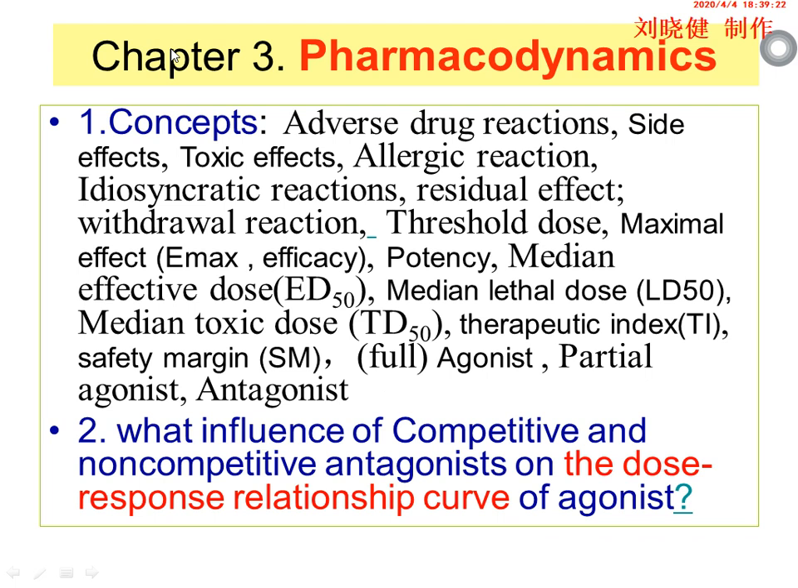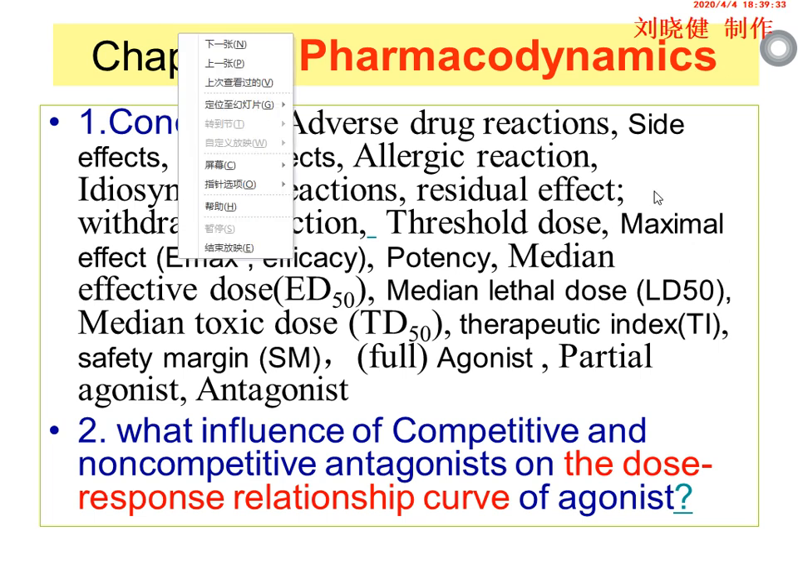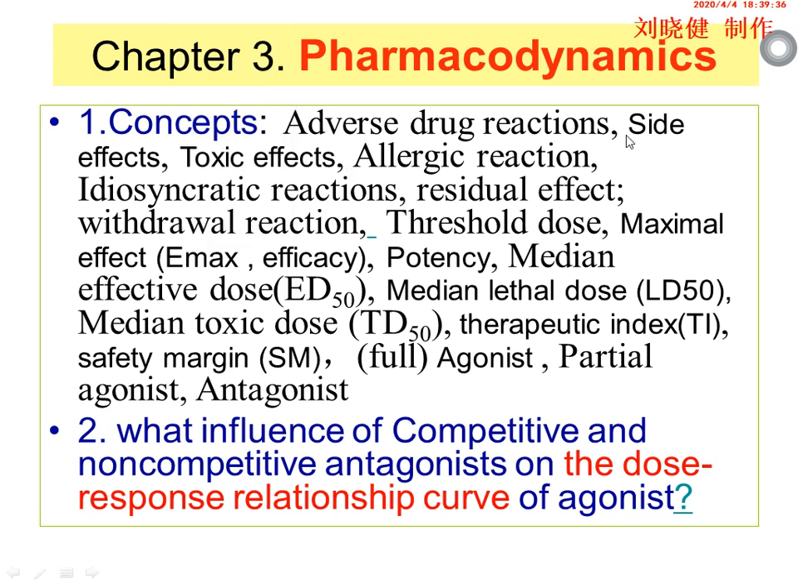In this chapter, pharmacodynamics, you also study many terminologies and some regularity about pharmacodynamics. There are so many terminologies, especially side effects, toxic effects, maximal effects, potency, ED50, LD50, therapeutic index, safety margin, partial agonists, antagonists. They are more important. You should know well how to state. Any one of the terminologies, you should understand first, and then you can state with your own